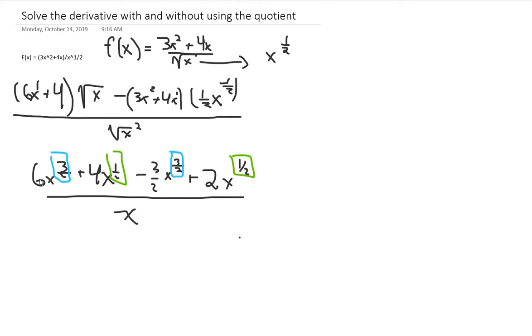So 6x minus 3/2, that's going to be 9/2. Change it into 12/2, 12/2 minus 3/2, 9/2. And the exponent stays the same, 3/2. And then 4x plus 2x, it's going to be,